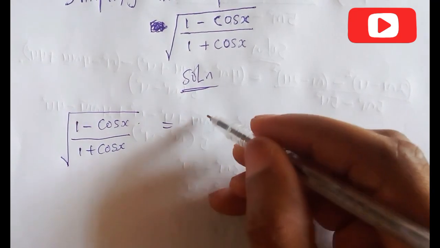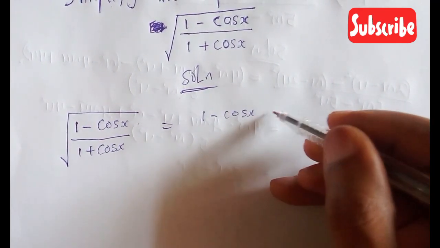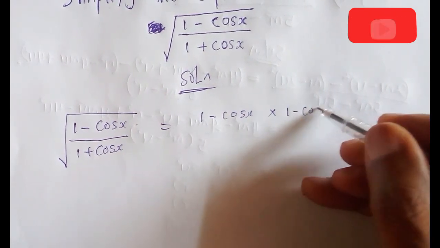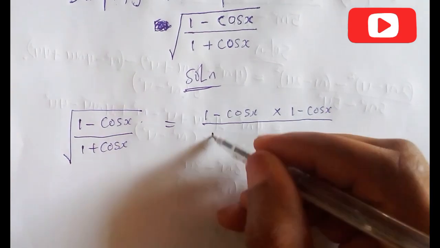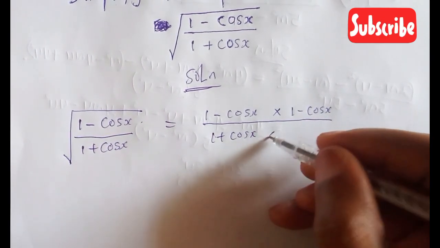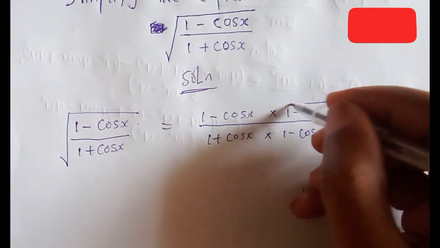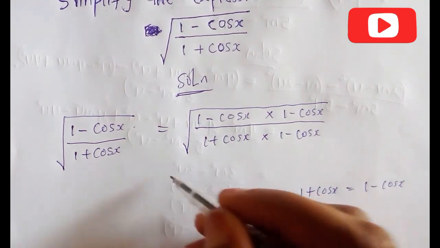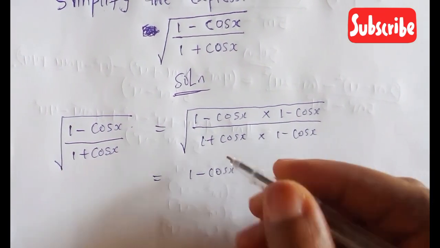Therefore, we're going to have 1 minus cos x times 1 minus cos x all over 1 plus cos x times 1 minus cos x, which is everything under the square root. This gives us (1 minus cos x) squared